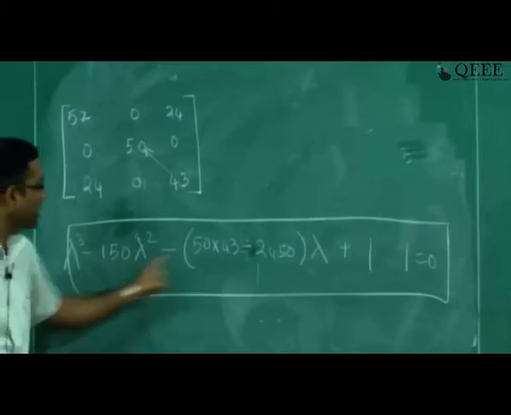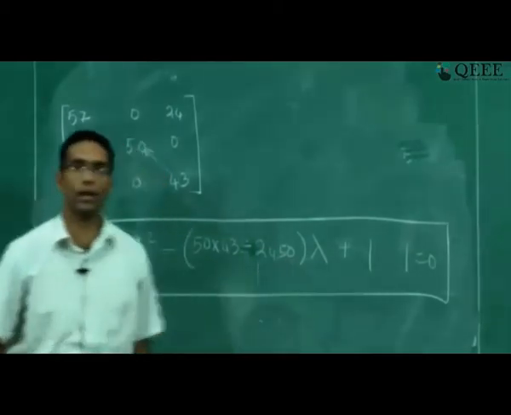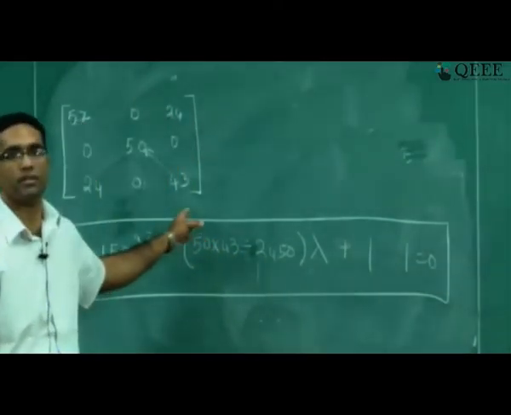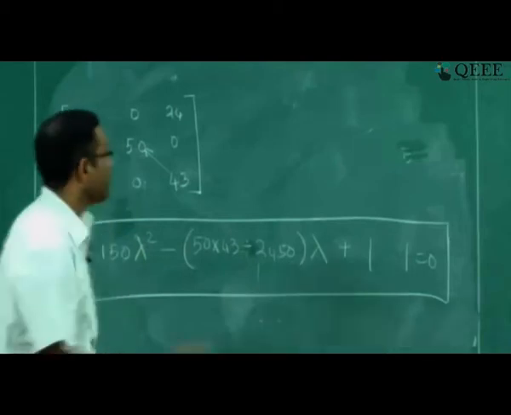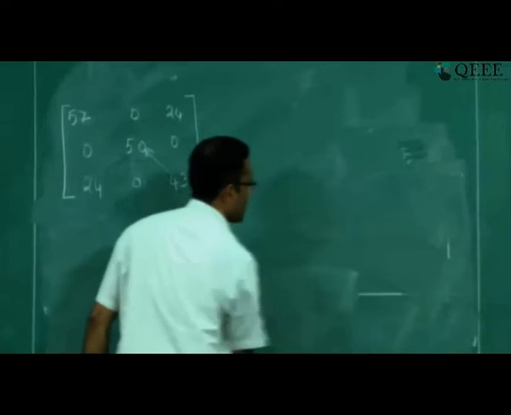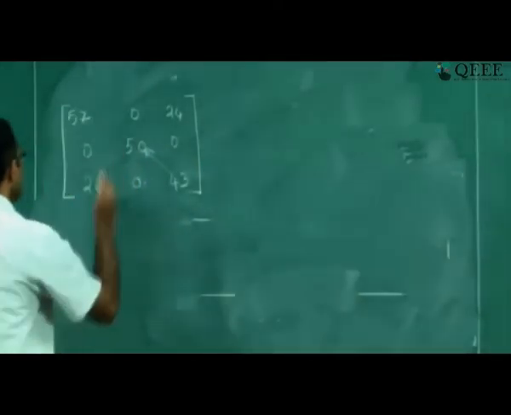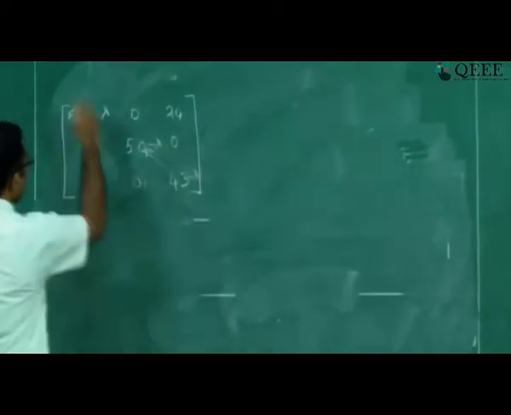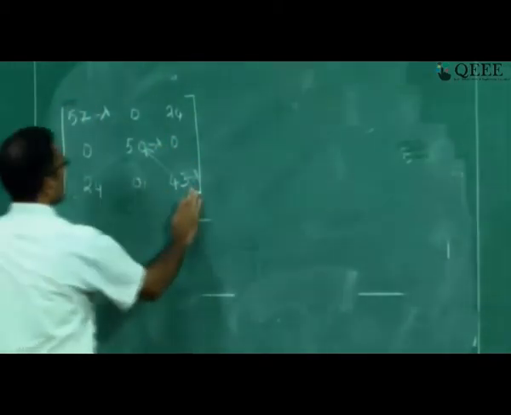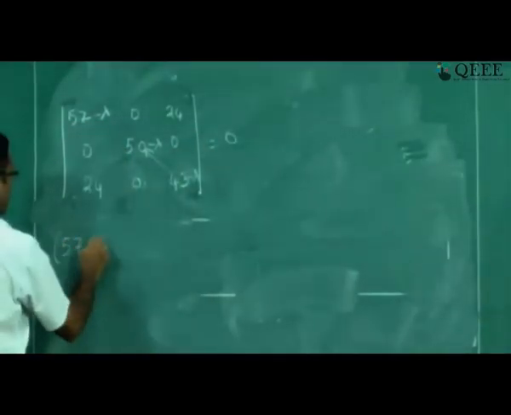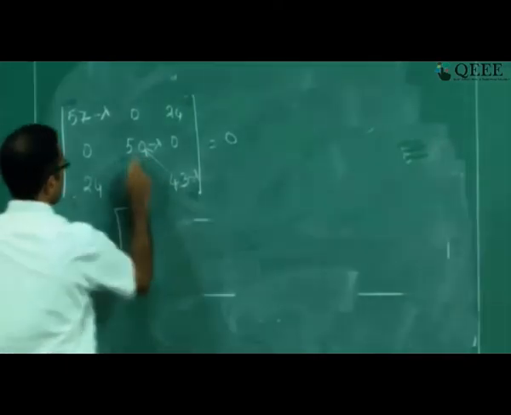But I told you that writing it like this and finding lambda can be easy sometimes, but in this case it actually complicates things. If you write it down the other way, from the more fundamental way, you will see that it reduces to the required characteristic equation in a much simpler manner. So you have to be careful. Put minus lambda everywhere and then perform the operation. The determinant of this must be equal to 0. What do you get? 57 minus lambda times